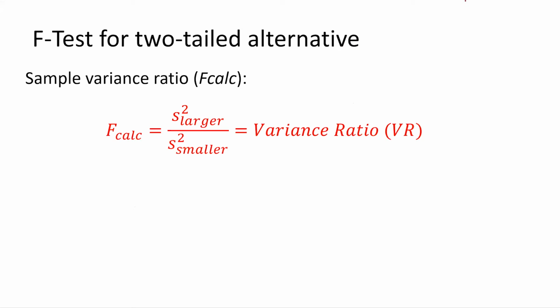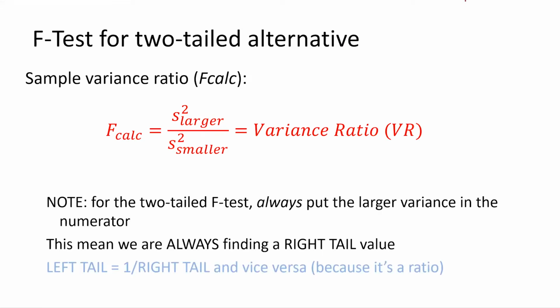So when we're calculating our F calc, our F statistic for our F test, it's just equal to our larger variance divided by our smaller variance for the two samples. That's it. So it's a very, very simple equation. For the two-tailed F test, again, the only one we'll be covering in this class, we always put the larger variance in the numerator, which means that we are always finding the right-tailed value, and which means that our ratio is always